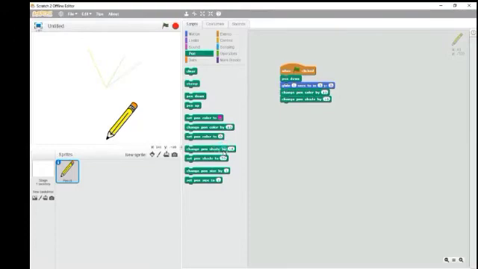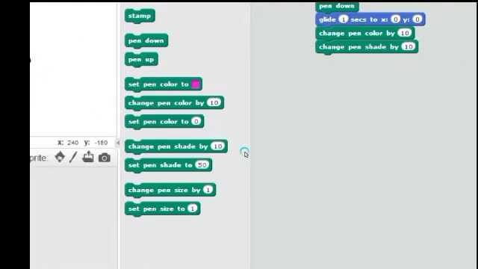We have change pen size by 1. If you want to increase the thickness of your pen, you can use this. I am setting change pen size by 50 here. Now the line that I will draw will be thicker. There will be an increment of 50.